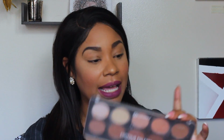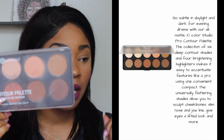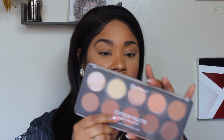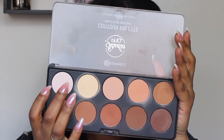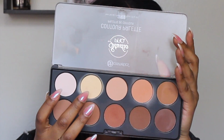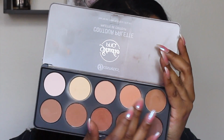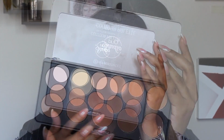Now my final product for beauty is going to be a contour set. I love this one. This is one by BH Cosmetics, and it's their contour palette. I really love this contour palette. It has bright colors up at the top. You could use this as a highlighter. You can use this yellow shade to set under your eyes, and then it has three colors here. You could probably use these two for blush, and then of course you've got all of these dark shades to